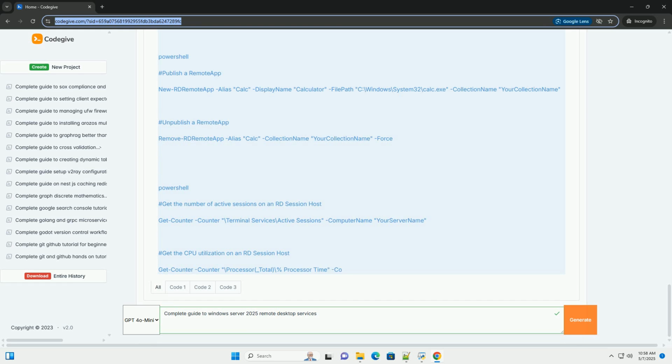Create a dedicated network share for storing UPDs. This share needs to be accessible to all RD session hosts in the collection. Important security considerations for the UPD share: